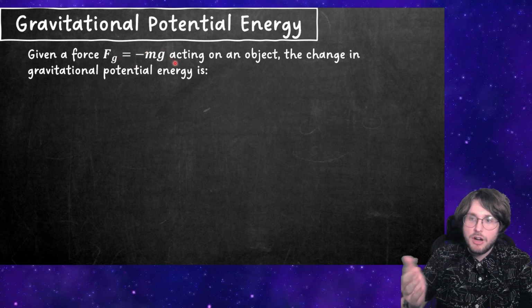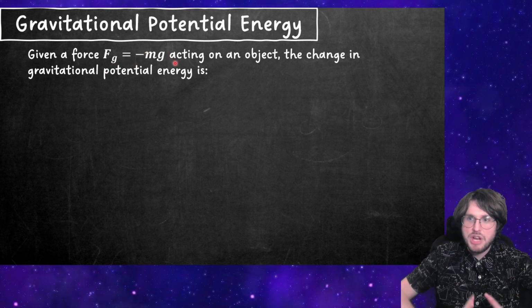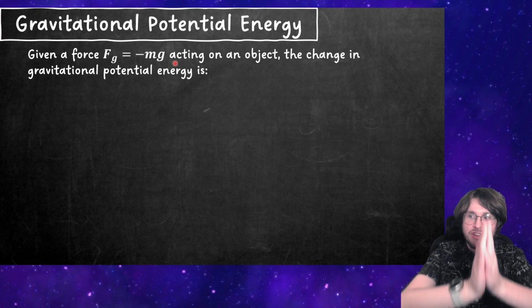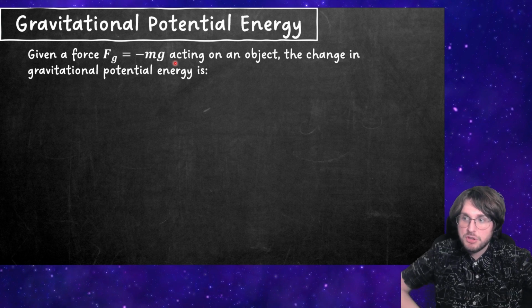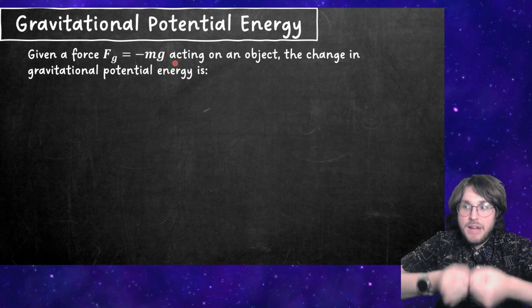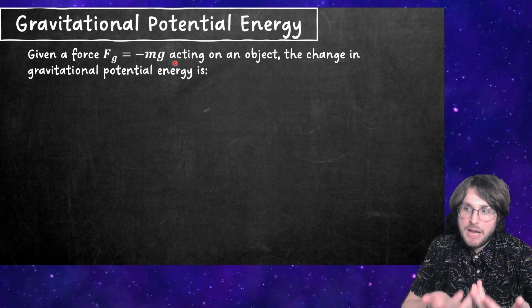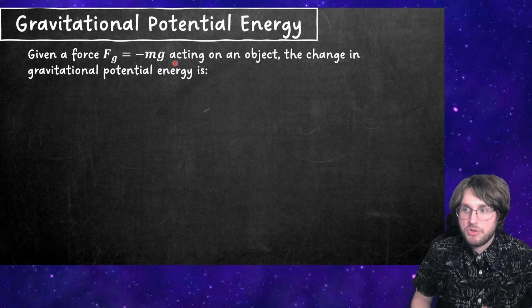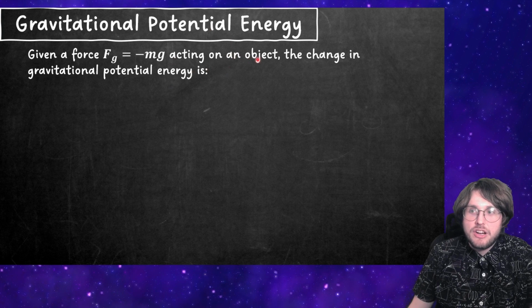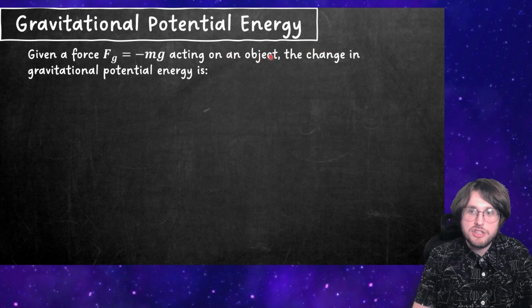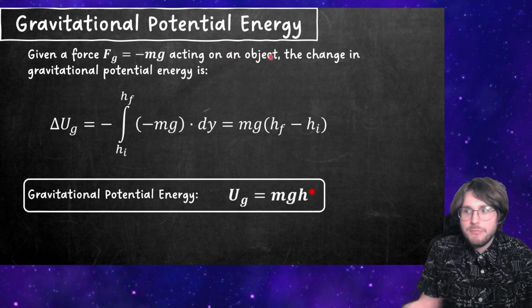We're going negative there because we'll generally assume that we're going to be lifting an object upwards in the positive direction, and gravity is pointing downwards. So when you're lifting an object up, that's when the force due to gravity is doing negative work. So that's when we're storing potential energy. So if we've got that force acting on an object,